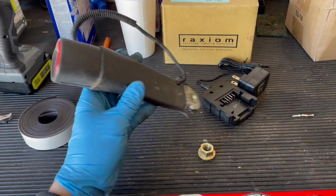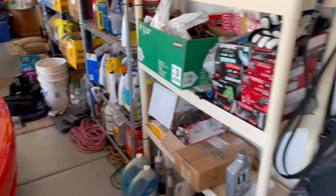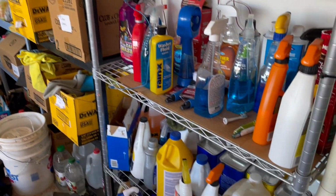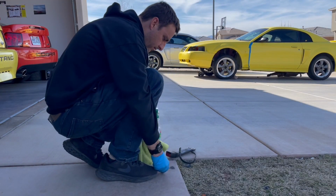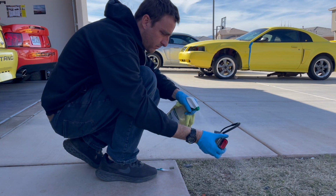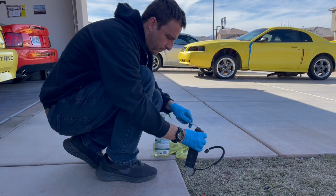So next thing I did was I got an extra seatbelt buckle that I had. I knew I had one up there, although this is a driver's side one, so it has the sensor on it for the seatbelt to say if your seatbelt's buckled. I went back through my parts later and found a passenger one, so I cleaned this one up anyway because I hadn't found the passenger one, which I needed. I thought I might as well just clean this one up and put it on my extra Mach 1